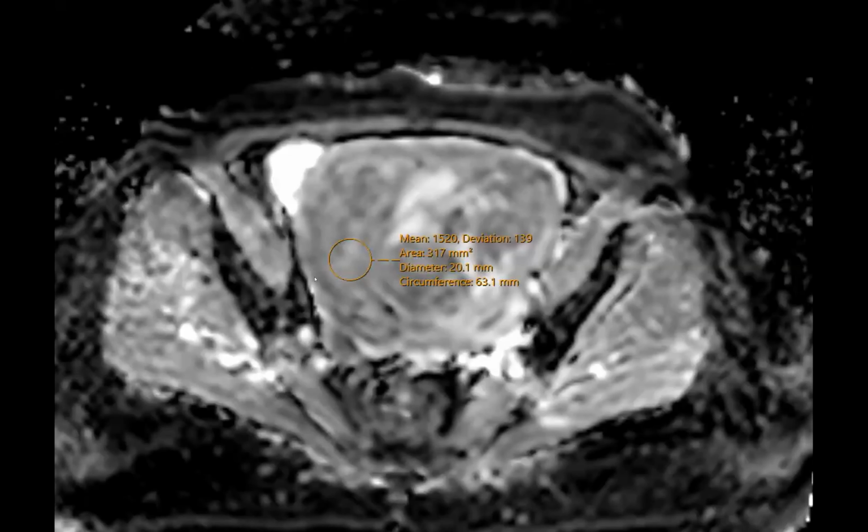And then this was the ADC, not very dark. And when we measure it, it measures 1500. So that 0.9 number means that the ADC should be less than about 900 for it to be more concerning. So all of these features, according to this radiology algorithm,